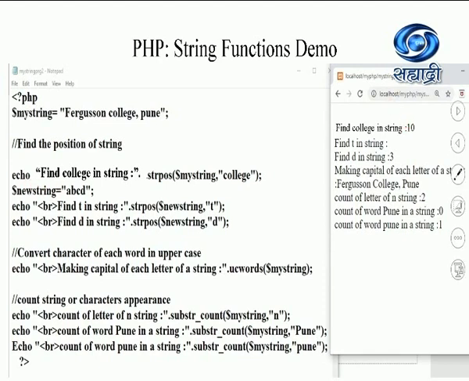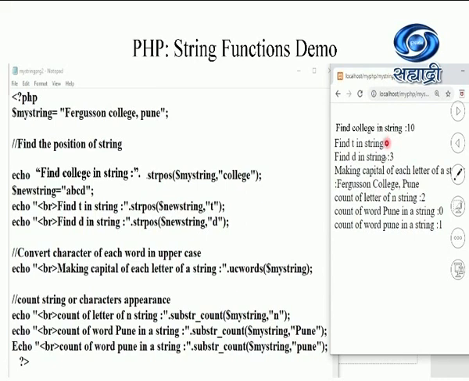Students, I have again declared a new string as ABCD. If I want to find out the letter T in this ABCD, then by using the same function, the inbuilt method provided by PHP, that is string position, I have passed two parameters for it again. In the new string, find out the T, I have mentioned by using this statement.